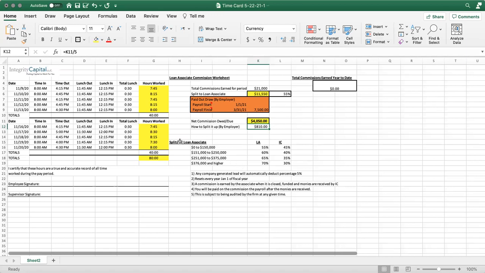Couple things to note. Whatever it is down here for you specific, it will have your splits. So you can monitor that, because up here, what we want you to do is from the beginning of the fiscal year, we want you to put in how much commissions you've earned to date. That is the total cumulative, not net to you, but total cumulative,